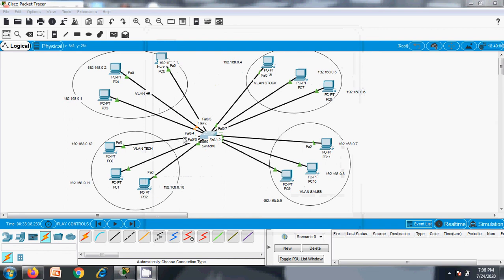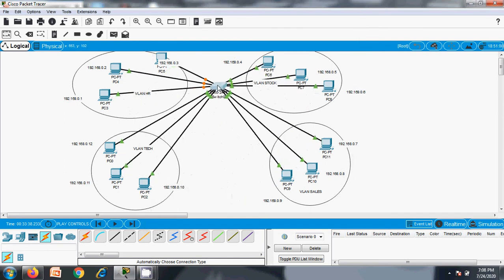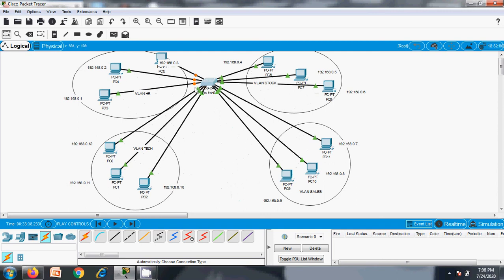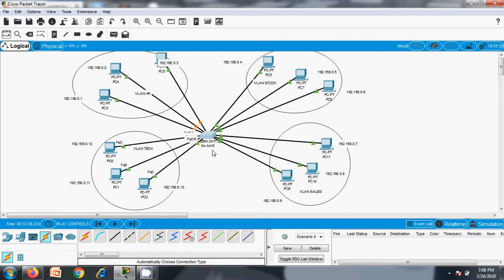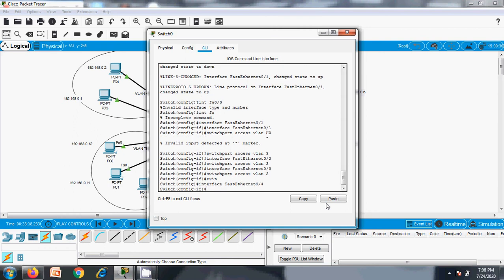So VLAN 3 needs to be configured for 4, 5 and 6. Okay, fast Ethernet 4, fast Ethernet 5 and fast Ethernet 6. Fast Ethernet 4, switchport VLAN 3.